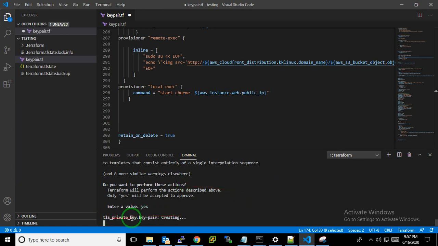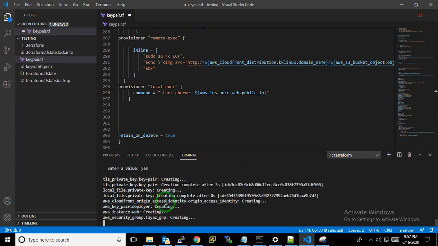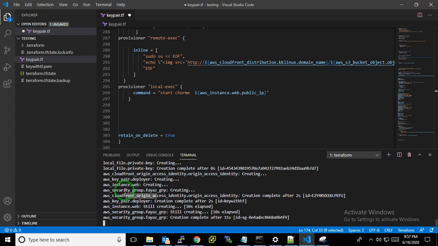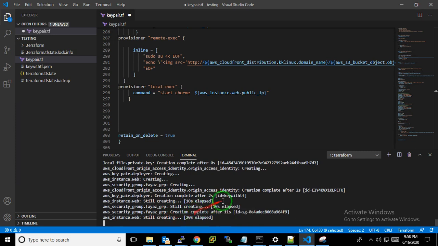Now you can see the TLS key pair is creating and deploying, the security group, CloudFront, whatever we have written in our code, it is now appearing over there. You can see that my security group creation is completed, and CloudFront.